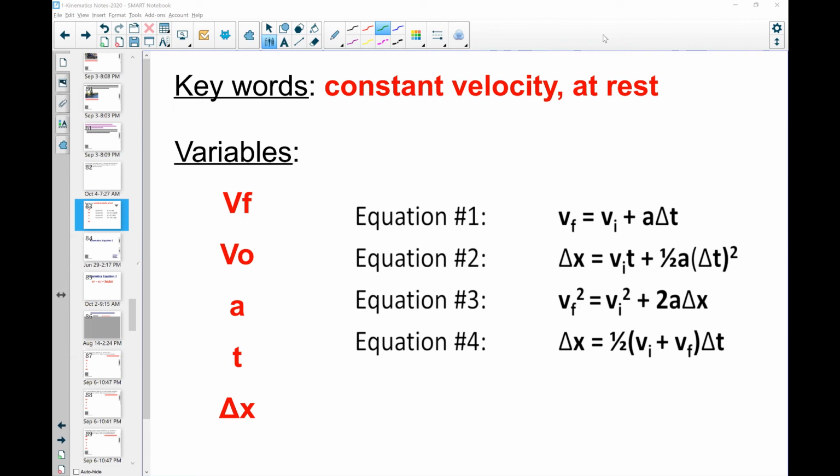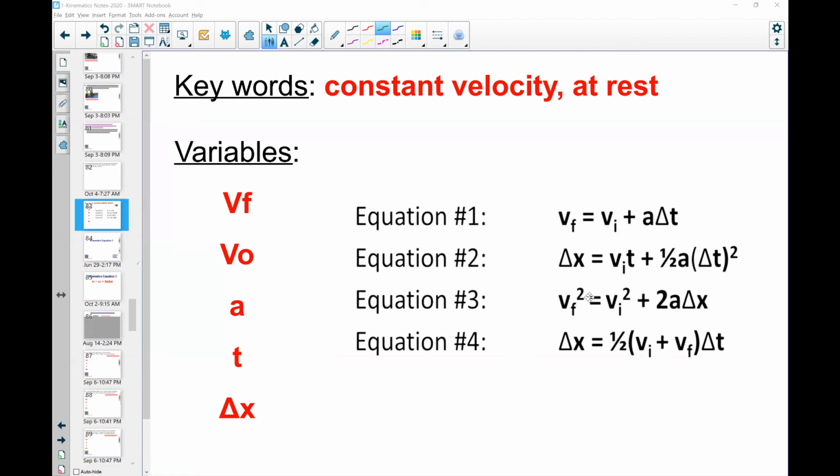And then I would encourage you to just write down these 5 variables on the side of your paper whenever you're trying to solve a problem, and put beside each one what it's equal to, or put a question mark if it's the one the question is asking you to find, and then either leave it blank or put NA or something like that if it's not even mentioned in the question. In terms of the equations we've learned, we've already gone over equation 1. We took notes on that last week. And we've gone over equation 2. We took notes on that on Monday.